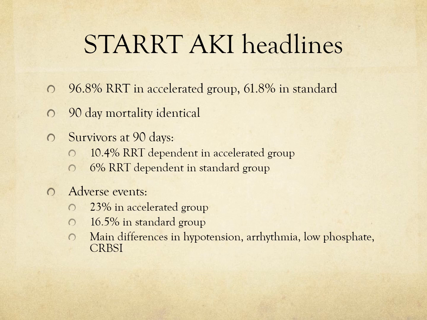So in the accelerated group, nearly all of them got renal replacement therapy, whereas in the standard group, where we were delaying starting it, only 61% got renal replacement therapy. And the 90-day mortality was identical, so there was no difference between the two groups. And in terms of survivors, there were fewer survivors that were dependent on renal replacement therapy in the standard group,